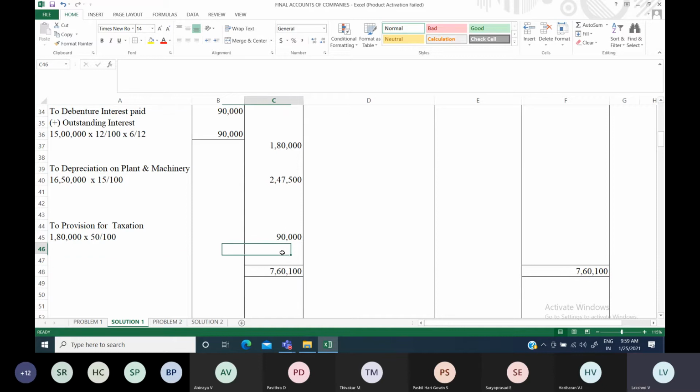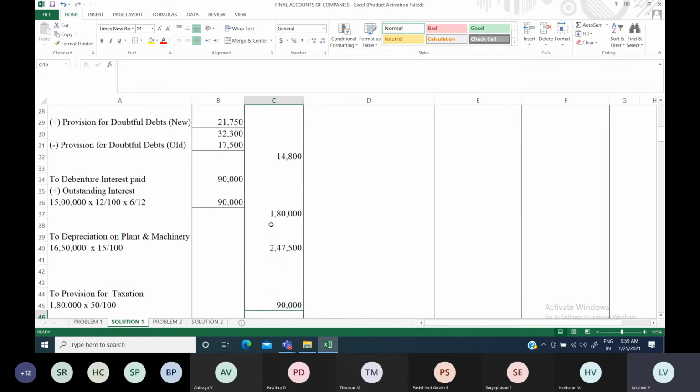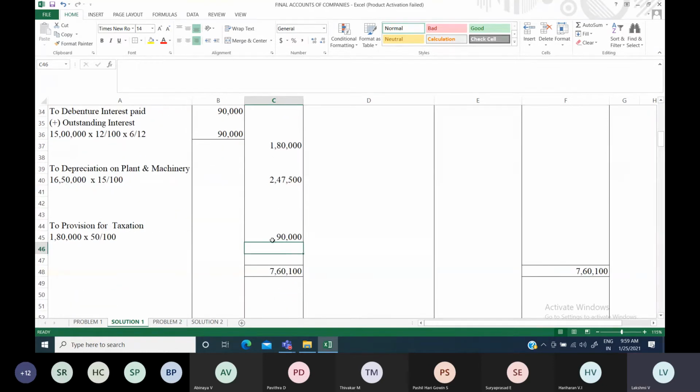Okay, so now again, if you balance this account, whatever amount you are getting will be your net profit actually. If you see, 1,80,000 was already the balance, the net profit balancing figure. From that, 90,000 for provision for taxation has gone, so again 90,000 only will be the remaining balance, because the 50 percentage tax, 50 percentage has gone for tax. Balance from the profit, 90,000 only is available here.